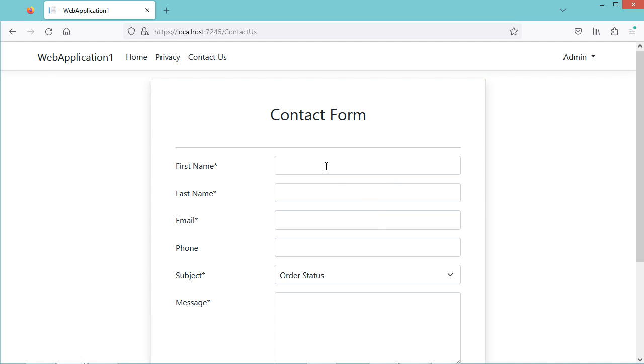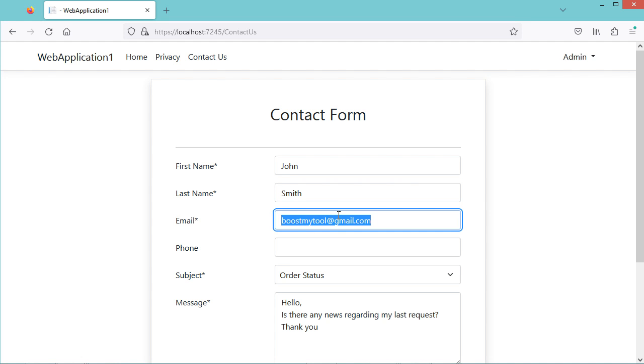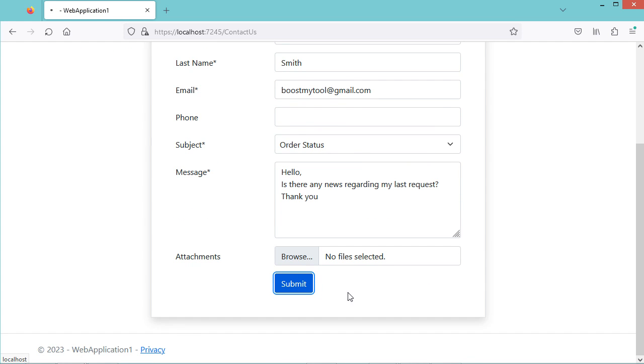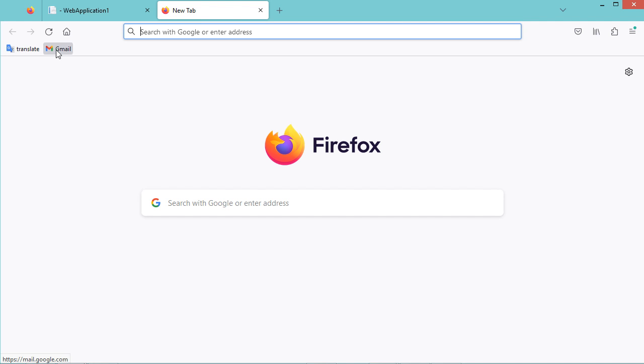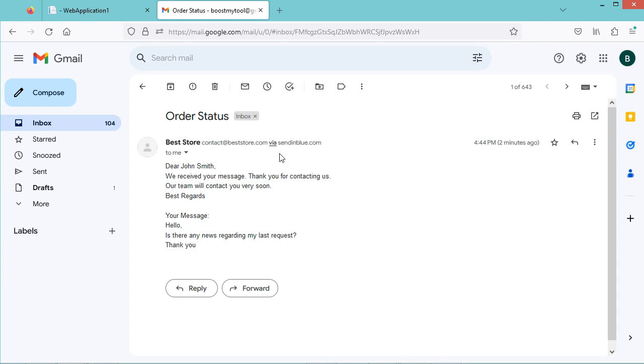Now let's fill the form. So in the email address, I will use my email address to be able to receive the confirmation email. Now let's click on submit. So here we have this success message. Now let's take a look on my email account. And this is the received email. So here we have the subject, this is the sender name, this is the sender email, and it has been transmitted using SendinBlue.com. So this is the first part of the message, and this is the copy of the submitted